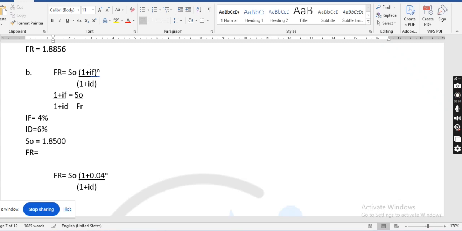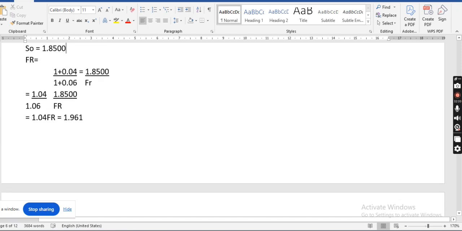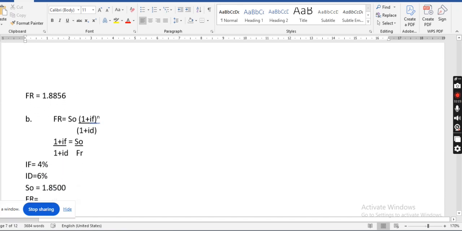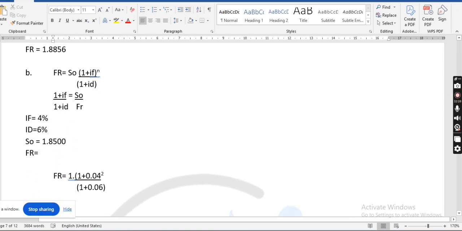0.04. What is the domestic 0.06 raised to power 2? What is the spot rate? The spot rate is 1 point what? 1.8500. Thank you. 1.8500, right? So the forward rate,